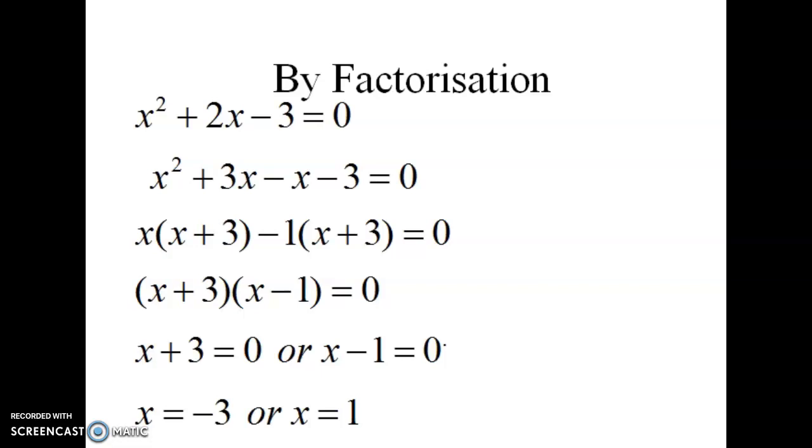Right, now I want to look at another form of factorization, which I believe is the most popular. You will meet this one in exams, in tests, and things like that. Okay, let us say, for example, we have an equation like this: x squared plus 2x minus 3 is equal